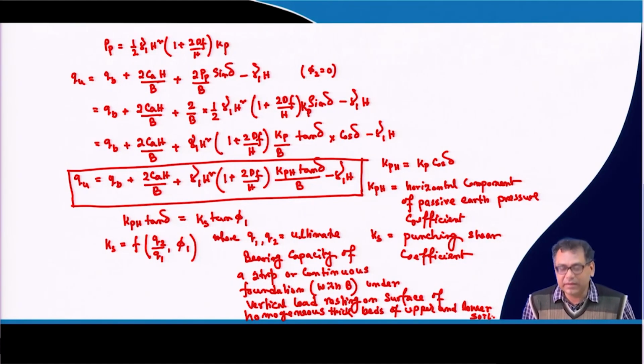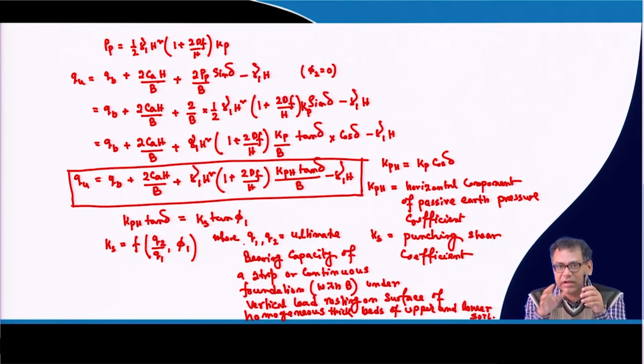Okay, so what does it mean? That this Q1 and Q2 are the bearing capacity of a foundation resting on a homogeneous soil on its surface, where the vertical loading is acting and the foundation is a strip foundation. So, that means we consider these layers individually, and then we place the strip footing on the surface, and then